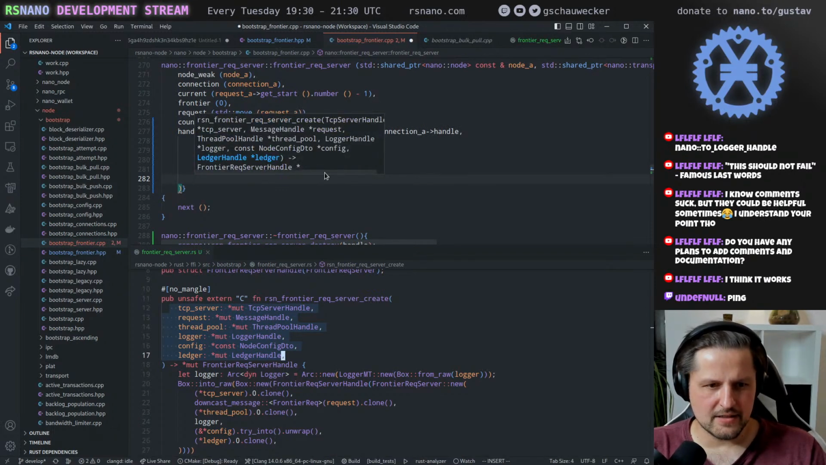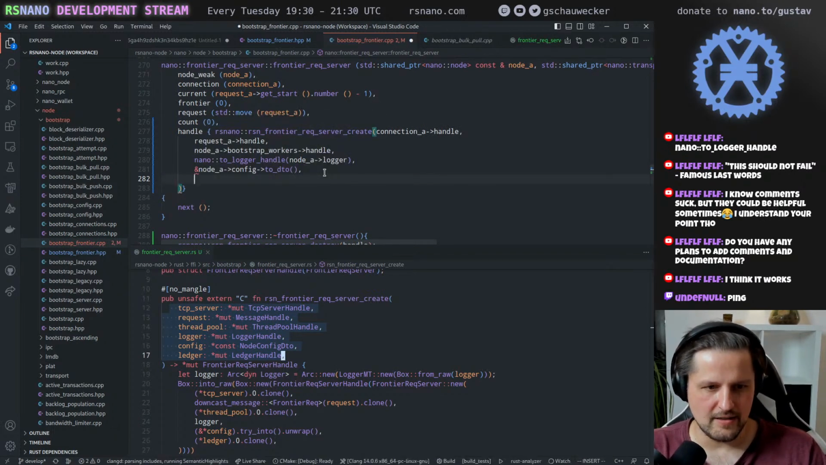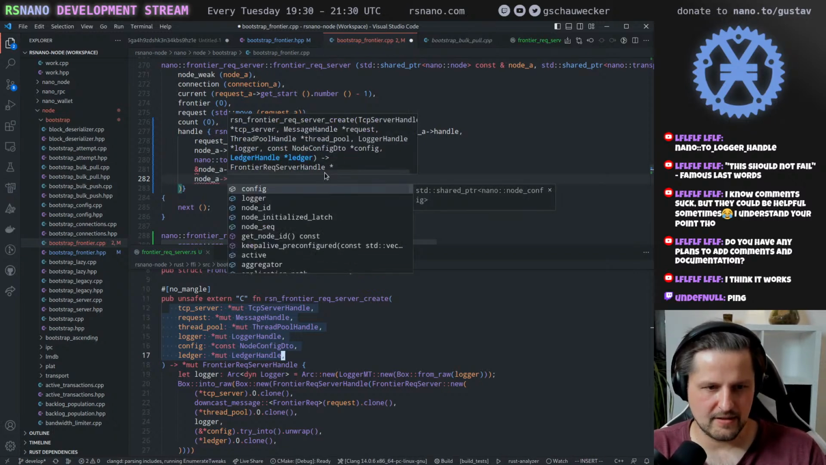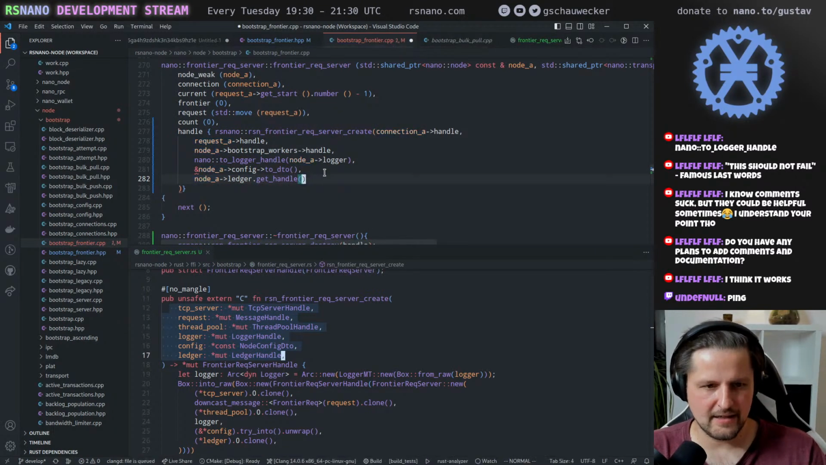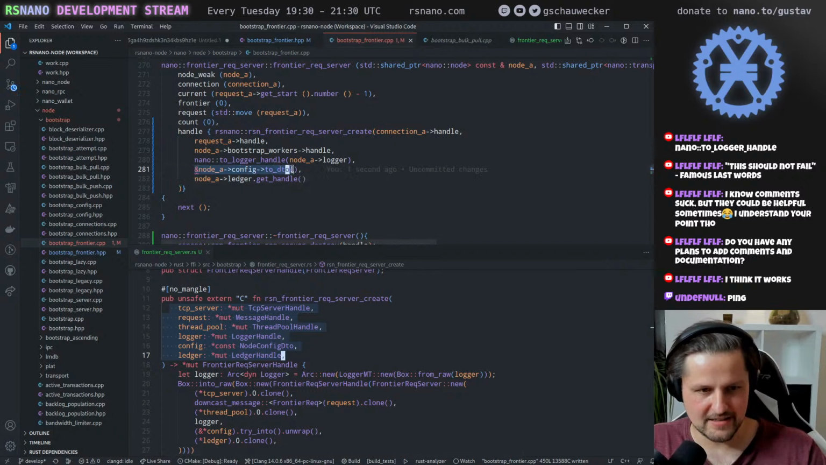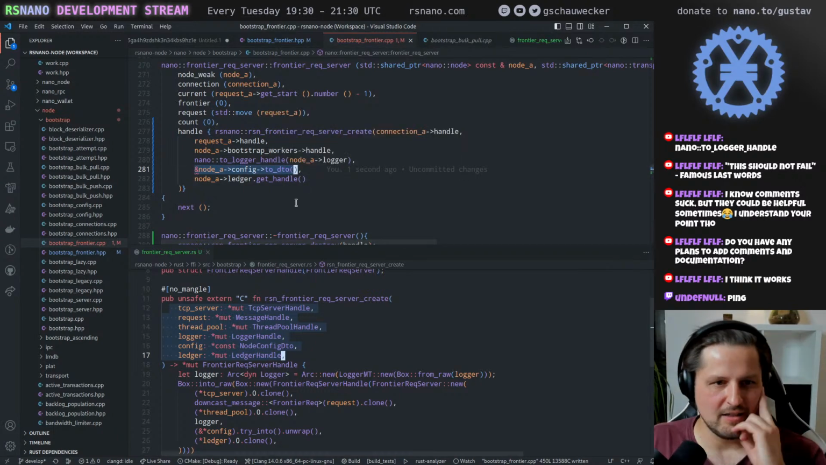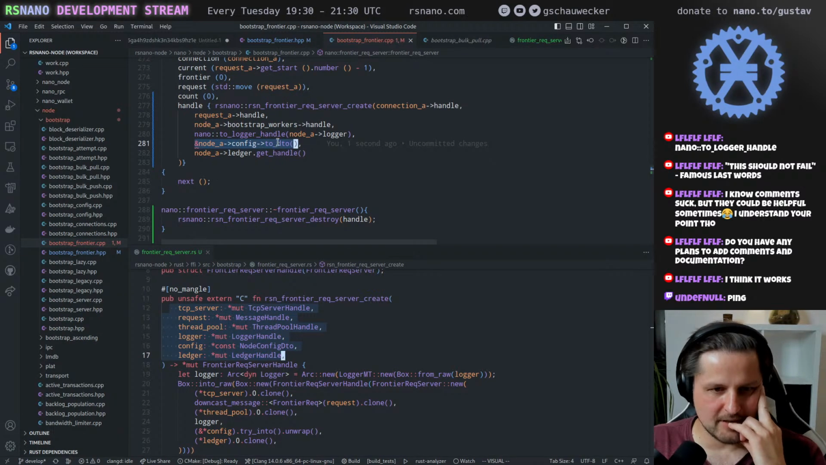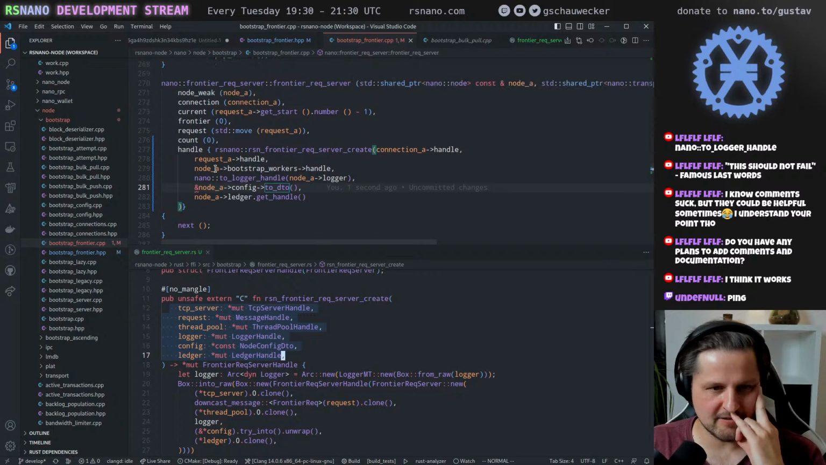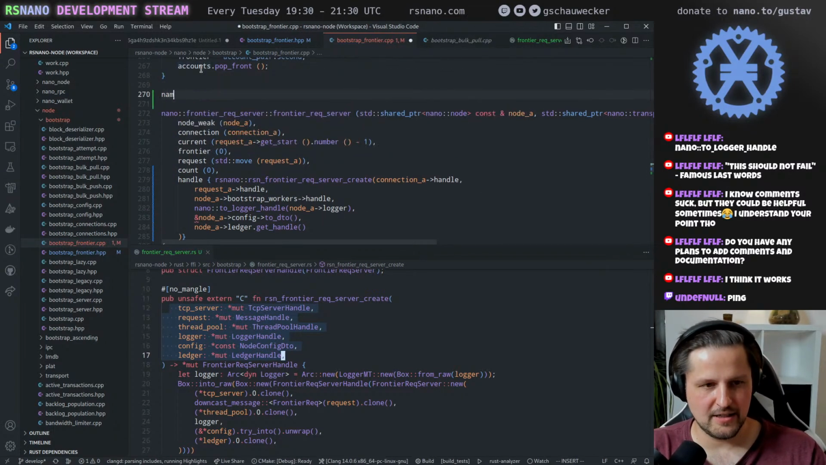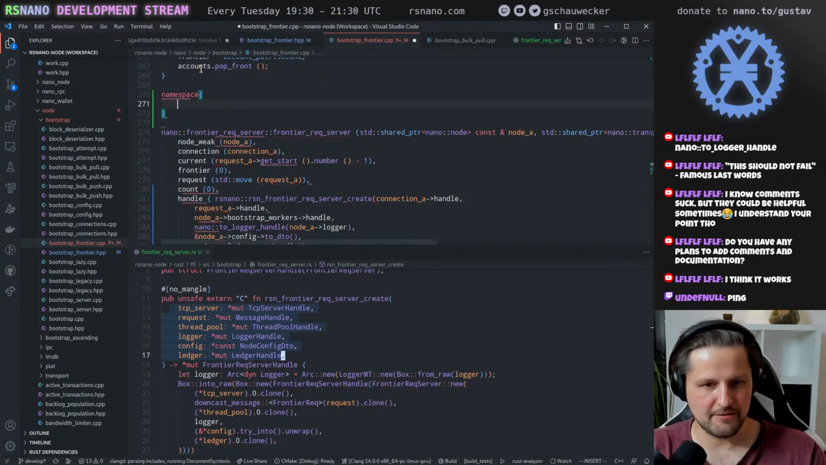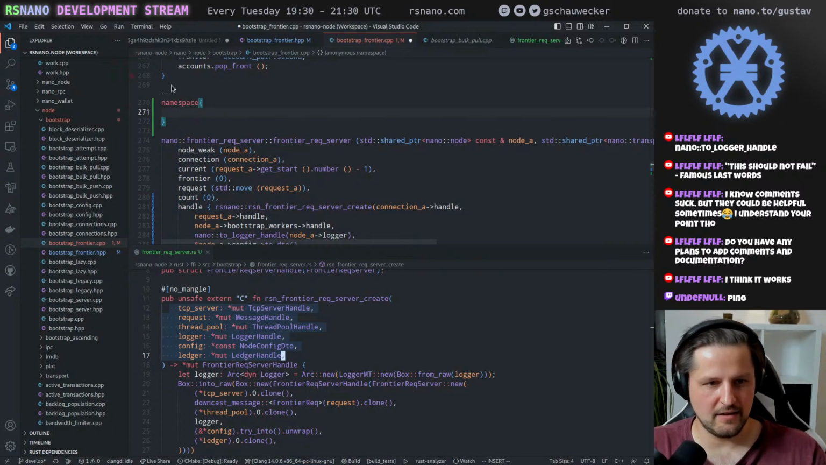Next thing is the ledger handle. So that's node ledger and get handle. And that's it. As I said, we can't take the address here. We have to have a local variable called DTO, like config DTO, and then we can take the address. I don't know if there's a better way, but usually what I've done in the past is I've just created a helper function, and I've called that like create frontier request server handle,